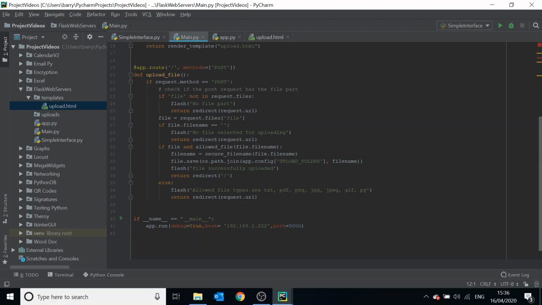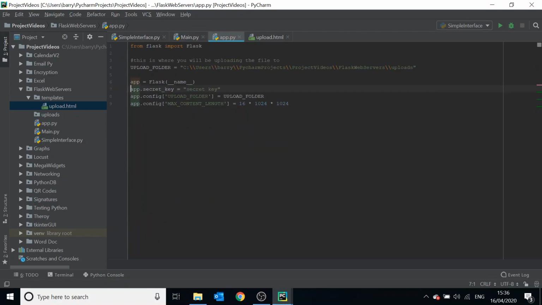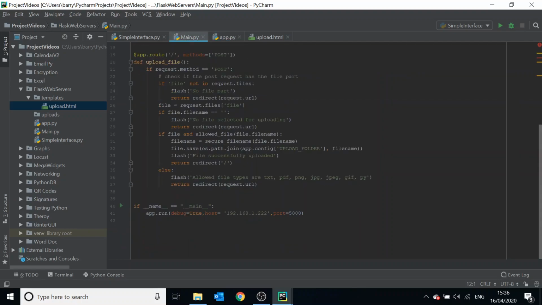Now our file path is specified in our app file here. So, upload folder. This is mine. You're going to have to change that to wherever you want your uploaded files to be. And then we configure our app here with our file path,